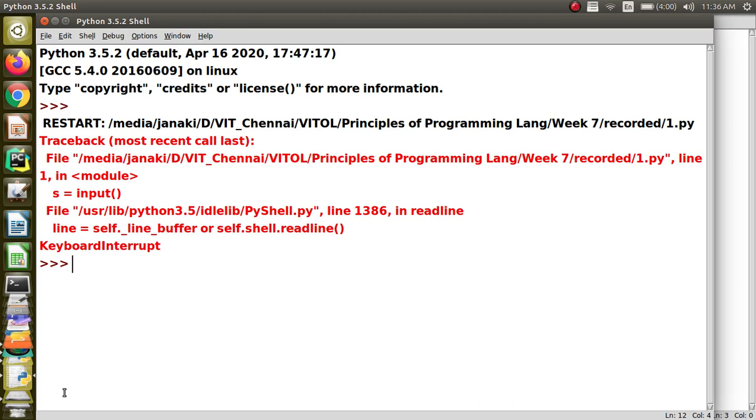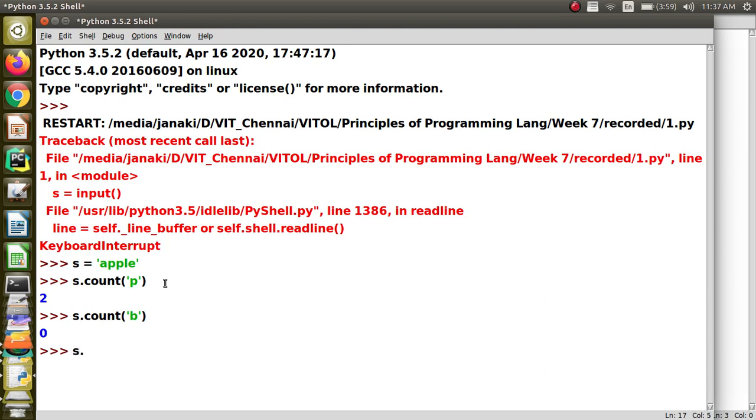We will be using the count function. Let me take the string as apple. This is how a string constant is defined in Python: you put it in single quotes or double quotes. Then I am going to use the count function. The count function helps us know how many times a substring or a character occurs in the string. You use it like s dot count, where s is the string object. It will give the number of times it occurs, and if there is no occurrence, it will give 0.